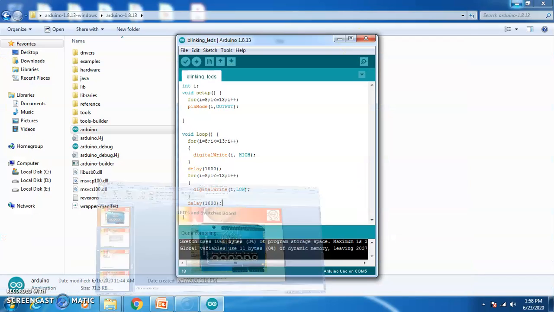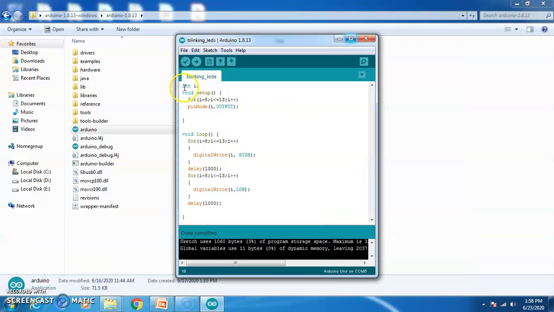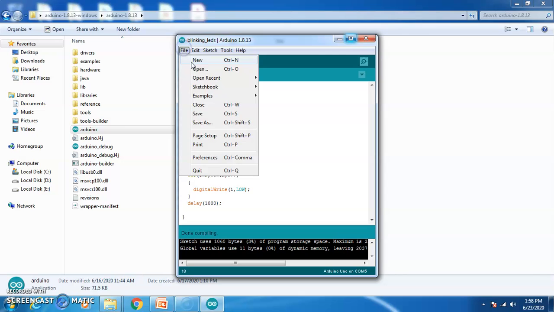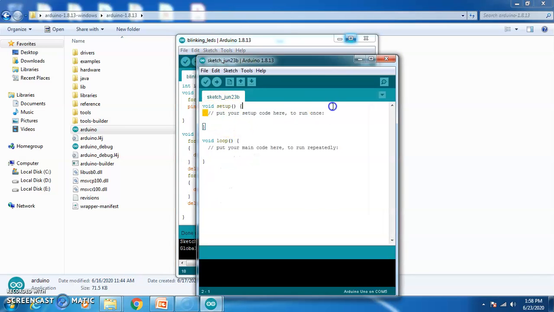So again I go to my program. I'll be writing a new program, so I go to File, New. Here I write for i equal to 8. I need to glow all the LEDs, so I declare all my LEDs as output. for i equal to 8, i less than or equal to 13, i plus plus. I write pinMode(i, OUTPUT). Mode should have a capital M, and OUTPUT in capitals. Globally I declare int i.